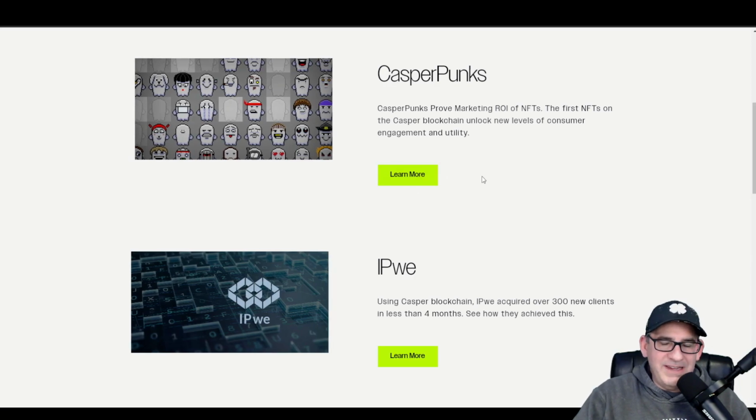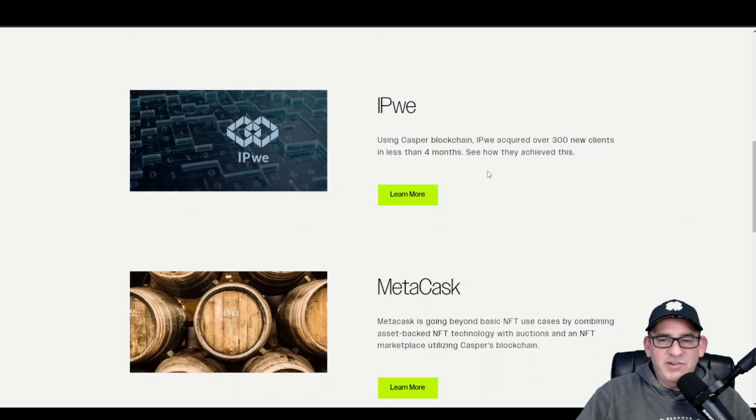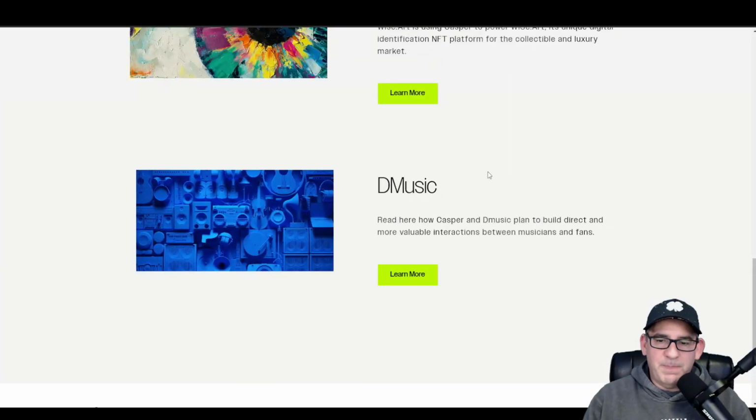It is really such an easy project and company to understand. And just going back over it real quick, Casper is a modular blockchain, proof of stake. It is highly scalable, highly secure, interoperable. It is designed for developers to be able to build upon this blockchain. They can build whatever it is they want. They use WebAssembly to code on, which a lot of developers already know. There's no proprietary software or Solidity that a developer really needs to master in order to get onto this and start creating whatever it is they need to create. So very developer friendly. And that is what you need to know about Casper.